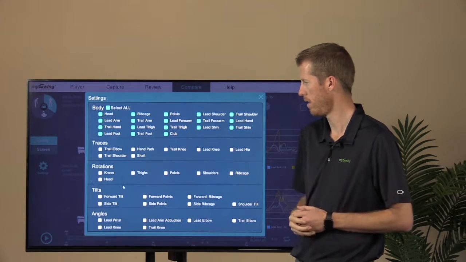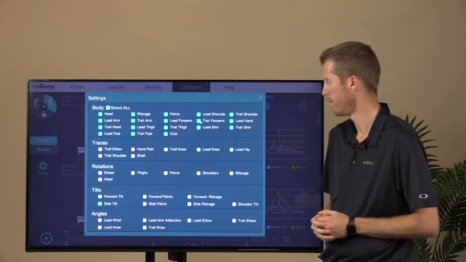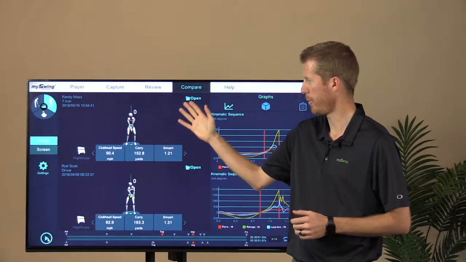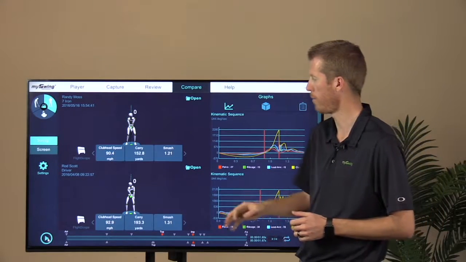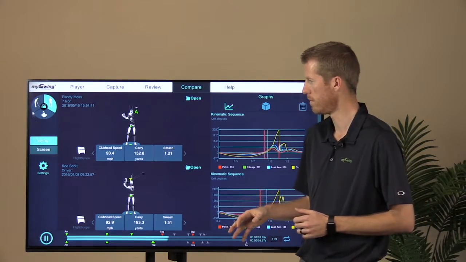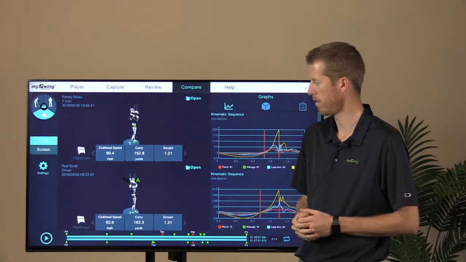Let's add, let's do side tilt. So here, anytime you add a setting in the compare tab, it will add that setting to both swings. We'll go ahead and play it. And again, we can move the avatars around, clicking on down the line, clicking on face on. Okay, let's go ahead